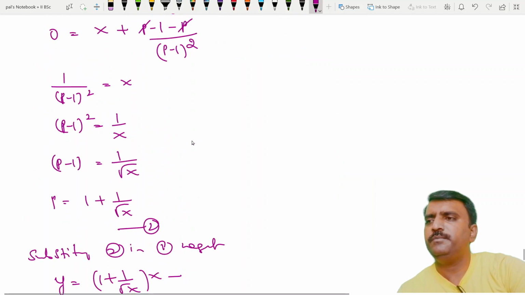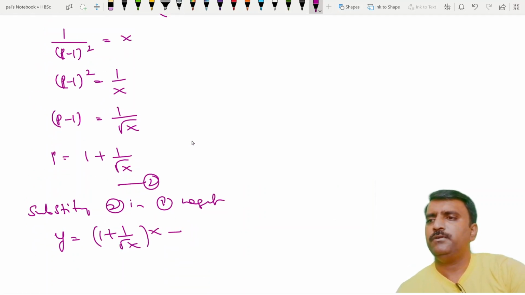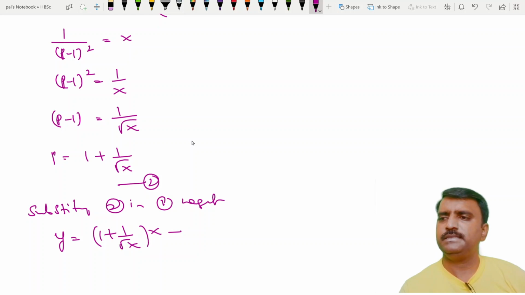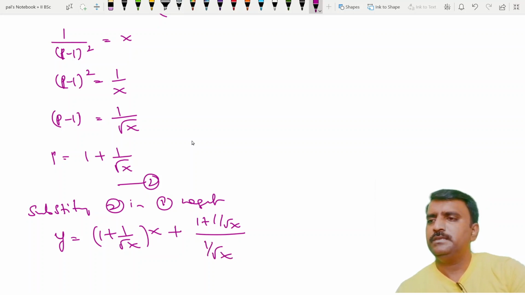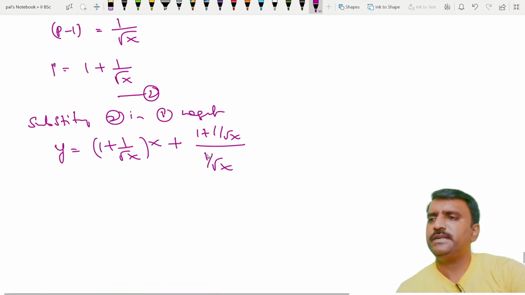Here p minus 1 is 1 by root x, so you can write it as 1 by root x. Now in both the terms you can take